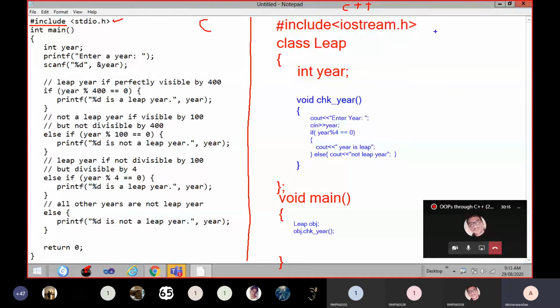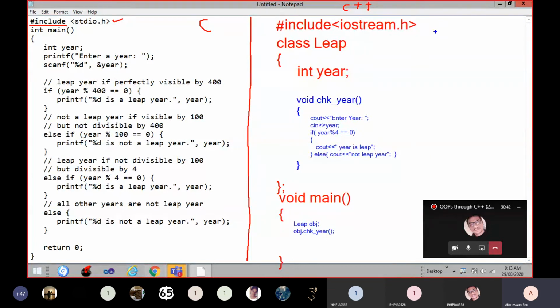Okay, from this day, this hour onwards, if I ask any C++ program, you have to follow this structure only to prepare the program. Understand? You have to use classes. If you do it like this, you will get more and more practice, so that you will get more and more clarity on object oriented mechanisms.